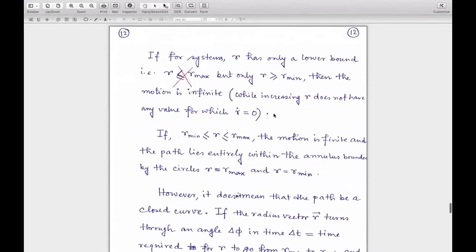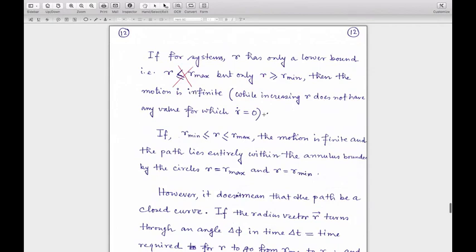Now we are also talking about the correspondence of infinite and bounded or finite motions. If for such systems R has only a lower bound, that means we have R greater than or equal to some R minimum, but we don't have any R less than or equal to R max, then the motion is infinite. That means the particle can come from infinity and go to infinity, right? That is simply because while increasing R, the particle does not face any turning point where R dot